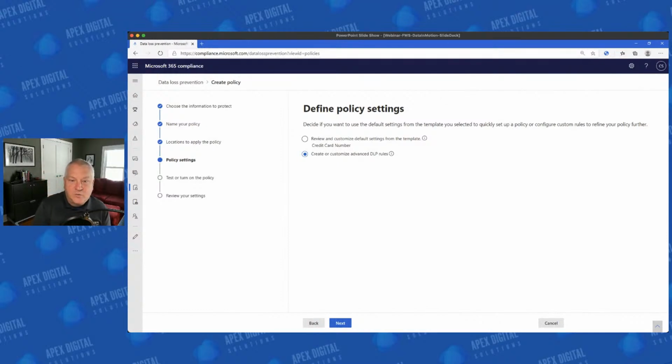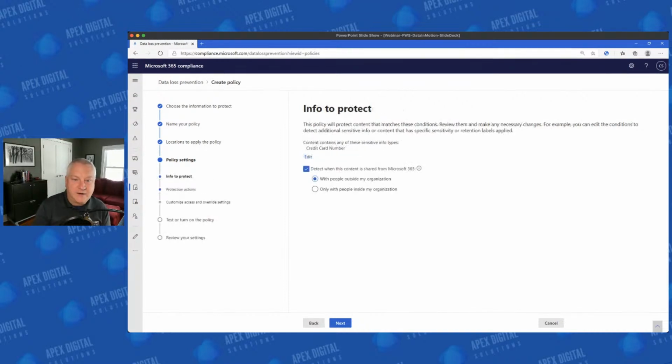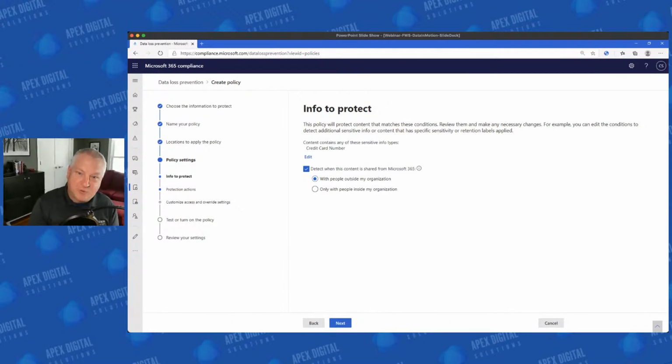And so, if we started from a template, we can just say, review and customize, or do we want to just start from scratch, right? First off, what information are we going to protect? You can see the example here is sensitive information type, credit card number, like I talked about earlier. And then there's this option to detect when content is shared from Microsoft 365 with people outside or inside my organization,